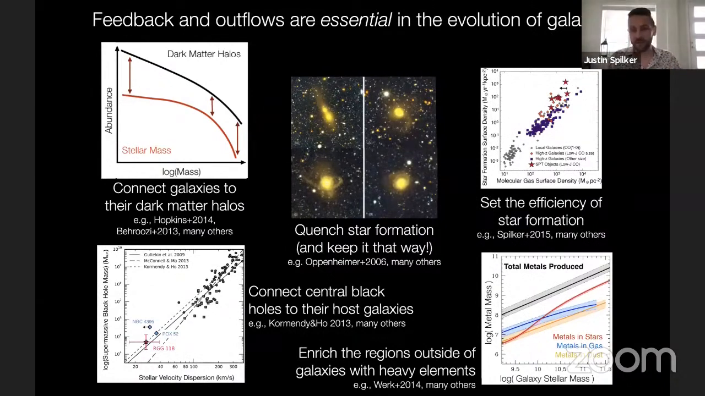a huge range of properties of galaxies, all the way from the way that they inhabit dark matter halos to the way that their metal contents evolve with time. Feedback connects black holes to the galaxies that they live in and sets the overall efficiency of star formation. And so it ends up being really critical to understand how this feedback impacts the galaxies that we